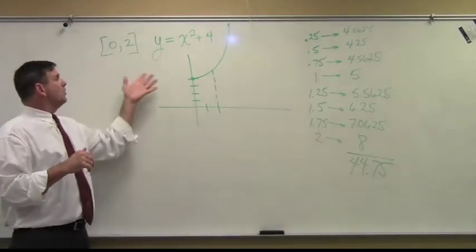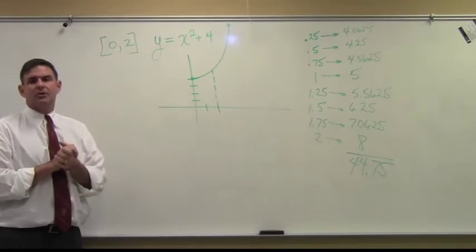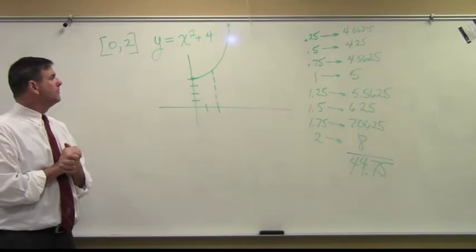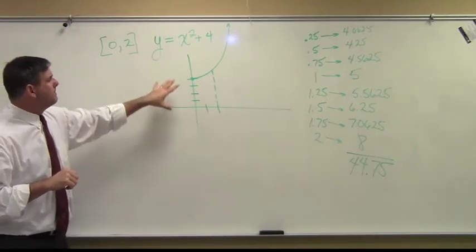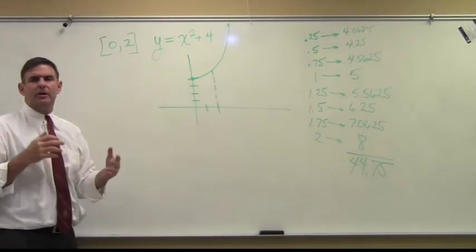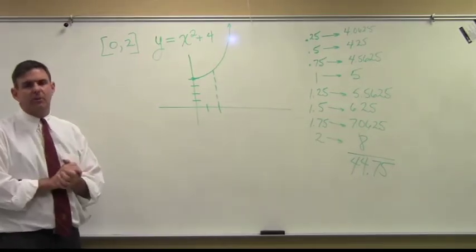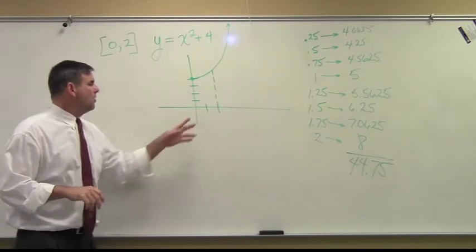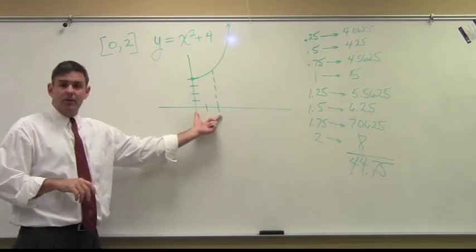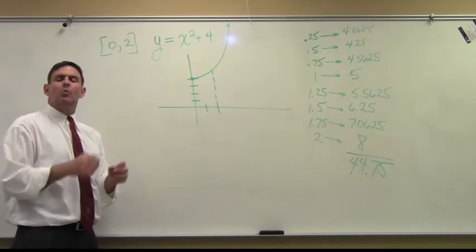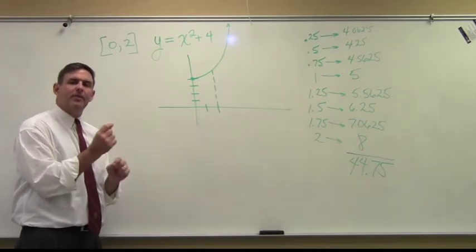Okay, so this time I want to take the function y equals x squared plus 4 and take the area from 0 to 2. And I'm going to use 8 rectangles, just to show you that you don't have to use a 1, you don't have to use a 0.5, you can use really whatever you'd like. So I went from, again, 0 to 2 with 8 rectangles, which means each rectangle would span a width of